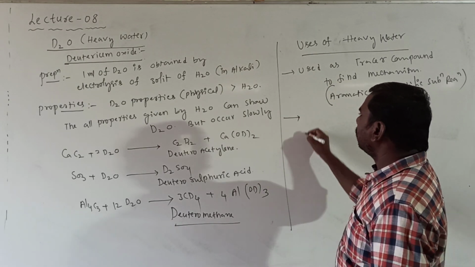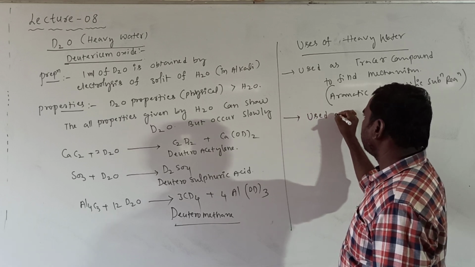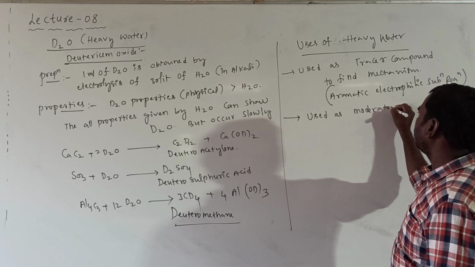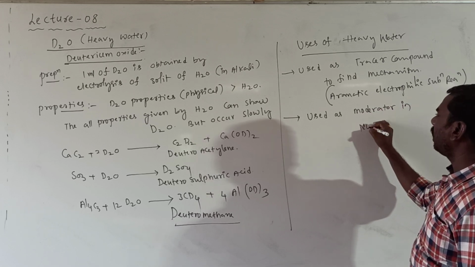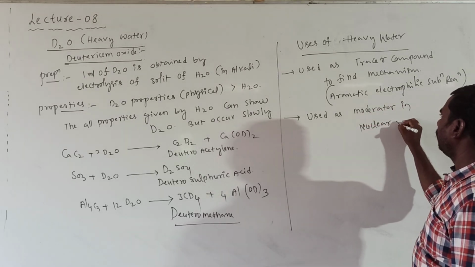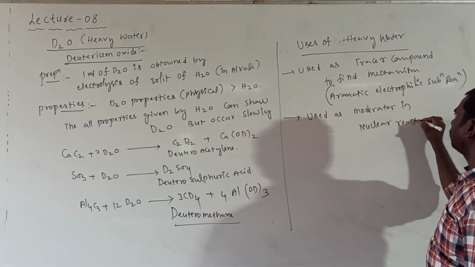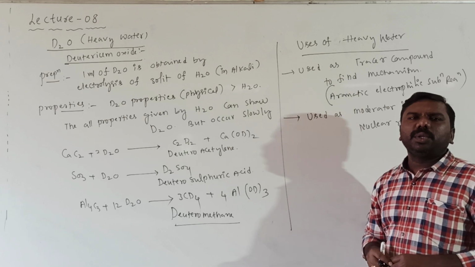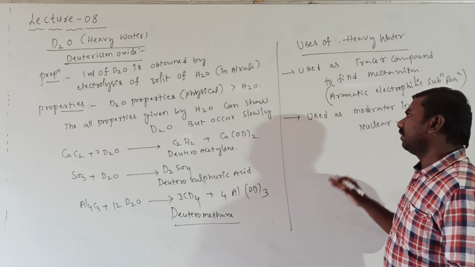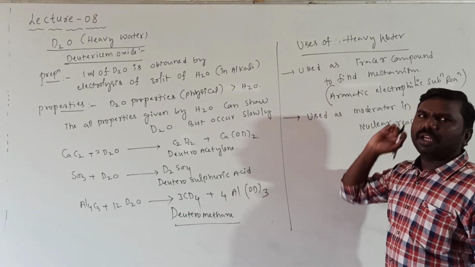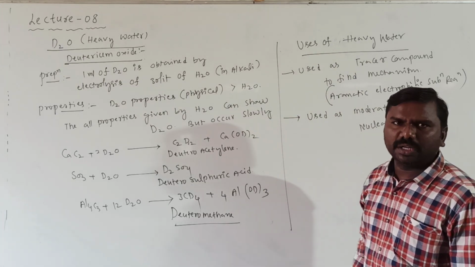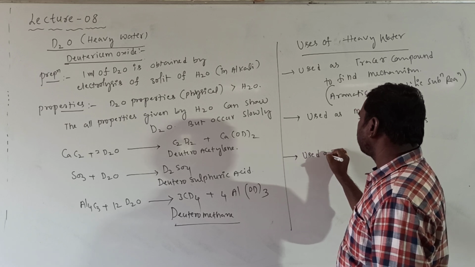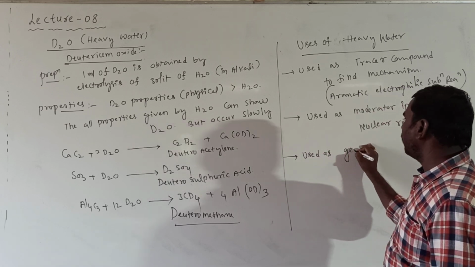Next, used as a moderator in nuclear reactors to slow down the neutron's speed. We are using which one? Deuterium oxide as which one? Moderator. Next one, used as germicide